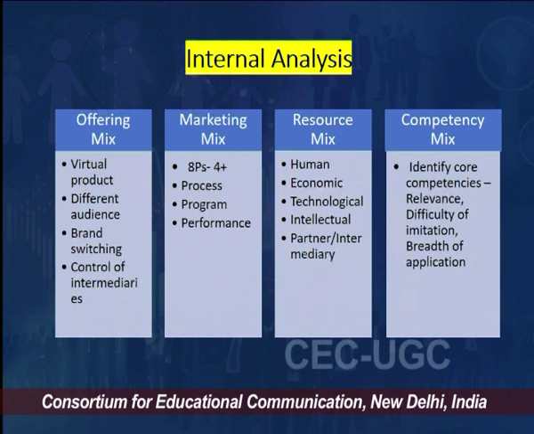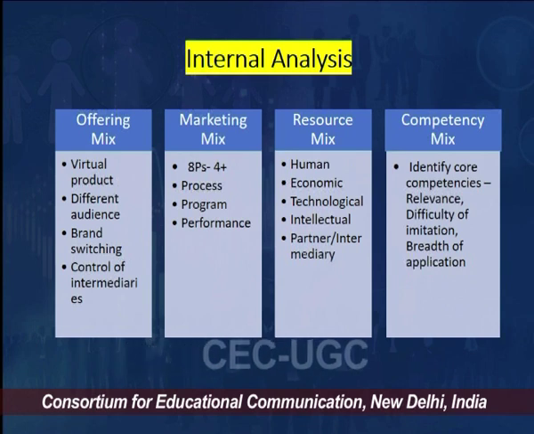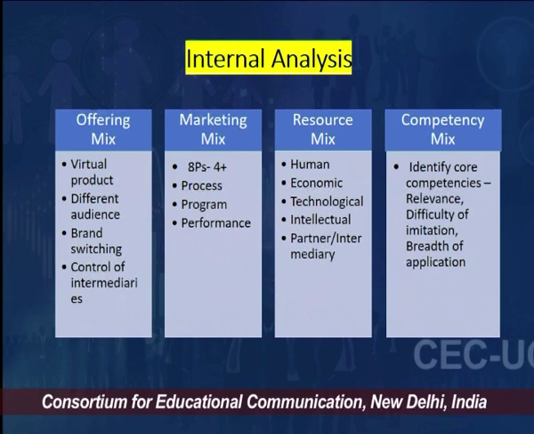We also see that a lot of brand switching happens because the consumer is very much aware, very much informed, and therefore would like to take decisions and maybe switch from brand to brand depending on what kind of offerings suit his requirements or interest him. Also, there is a lot of control of the intermediaries, because these are the intermediaries who are going to ensure that the product reaches the hands of consumers. And the intermediaries are very different, the players are very different. Say, for example, the logistic company who has to ensure that once the order is placed in the digital platform, the products are going to be delivered, and there is a shipping process which will be involved therein.